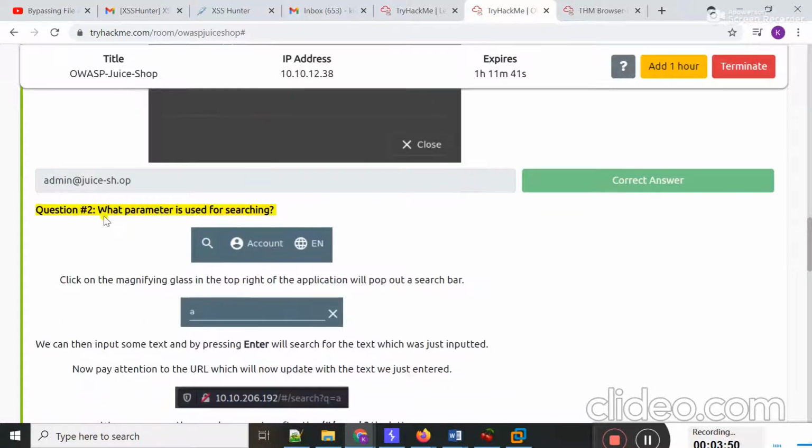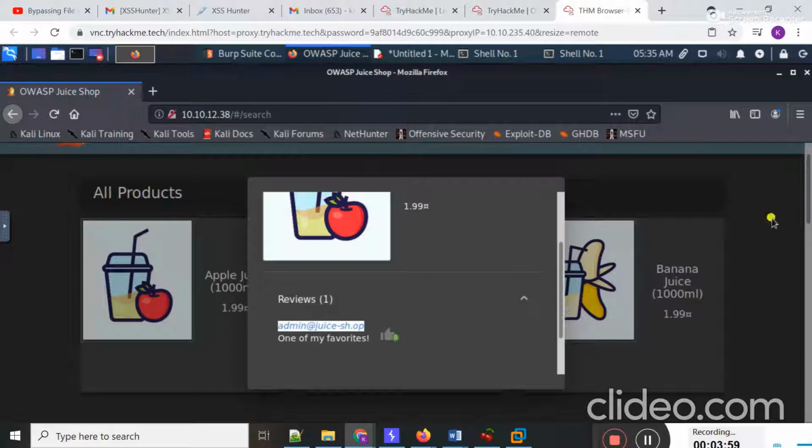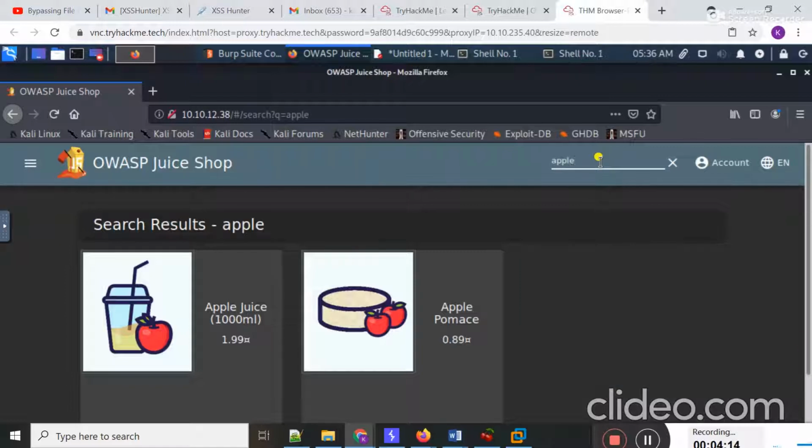Okay, question number 2 is: what parameter is used for searching? Students, if I move to the search bar and type anything here in order to find it, if I type apple and hit enter, now in the URL you can see that Q is the parameter that is used in order to find different values.